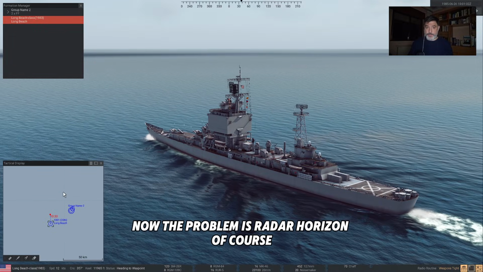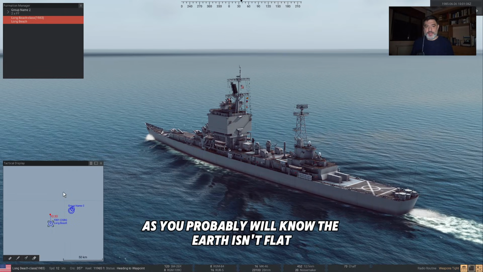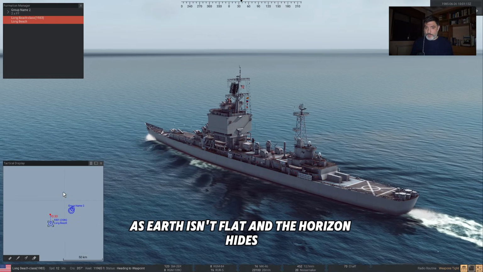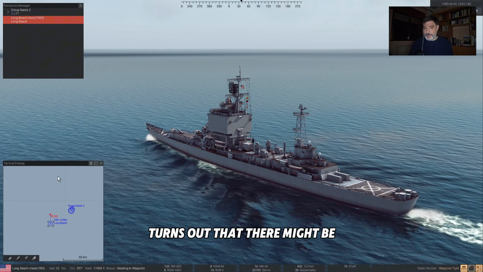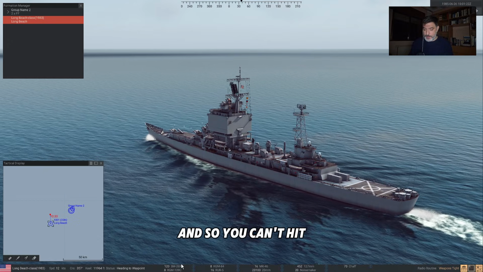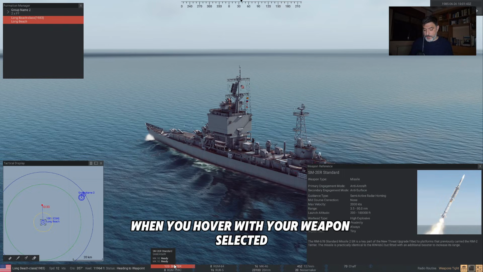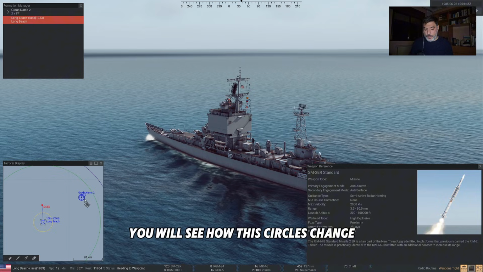Now, the problem is radar horizon. Of course, as you probably will know, the Earth isn't flat. I'm getting in trouble here, I hope not. Well, as the Earth isn't flat and the horizon hides things beyond it, it turns out that there might be targets beyond the horizon that you can't detect with your radar, and so you can't hit them with your semi-active homing missiles. When you hover, with your weapon selected, against an enemy, you will see how